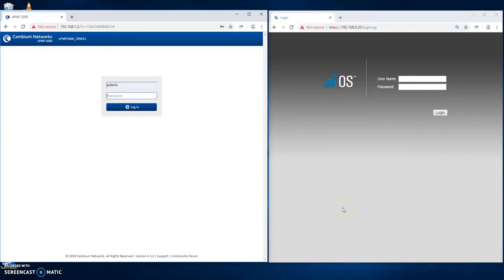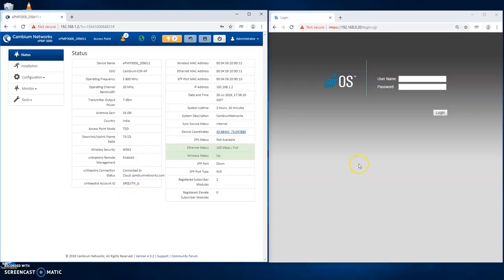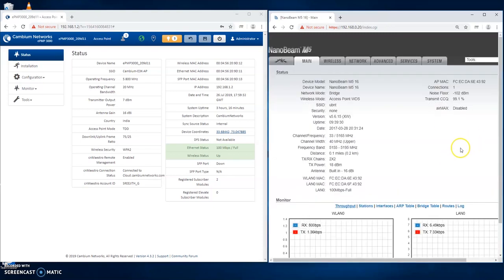Let's start familiarizing ourselves with the ePMP GUI side by side with a Ubiquiti GUI. Let's log in to the ePMP GUI, and I have a Ubiquiti radio on the right side of my screen. Both radios are showing the login page as their status. So let's go one by one on the Ubiquiti GUI,